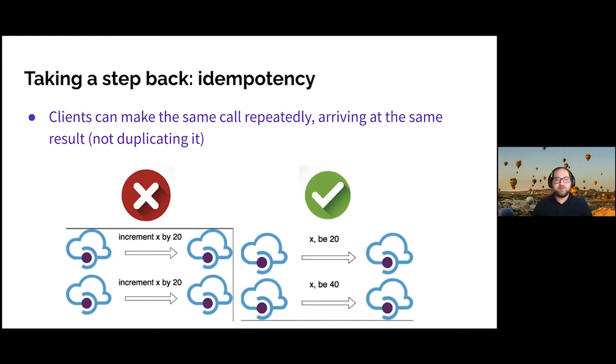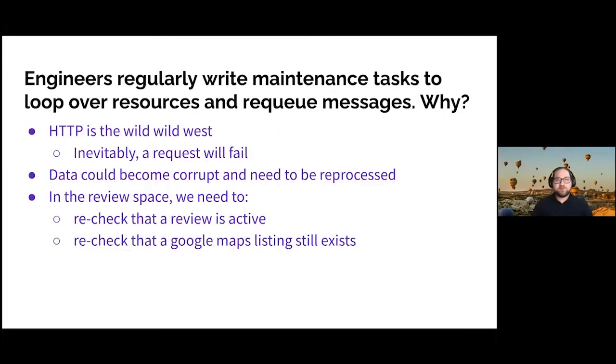So for example, an HTTP GET request is idempotent, but an HTTP POST might not be idempotent because that would create multiple records, even if you called it the same exact way each time. And why am I talking about idempotency? I'm talking about that because at our company, our engineers regularly write maintenance tasks to loop over resources and re-queue